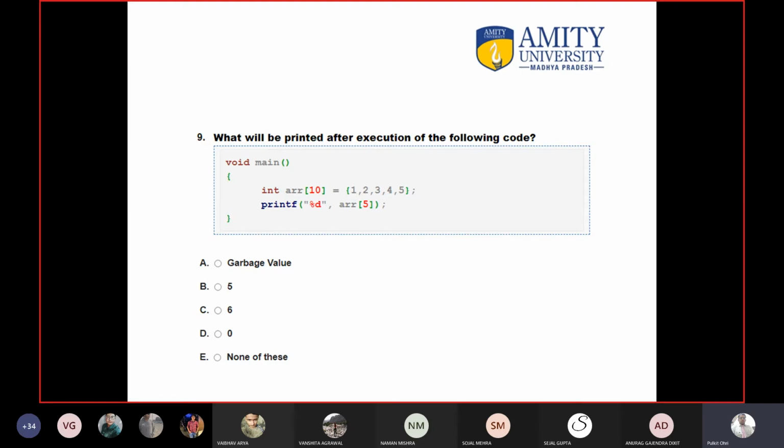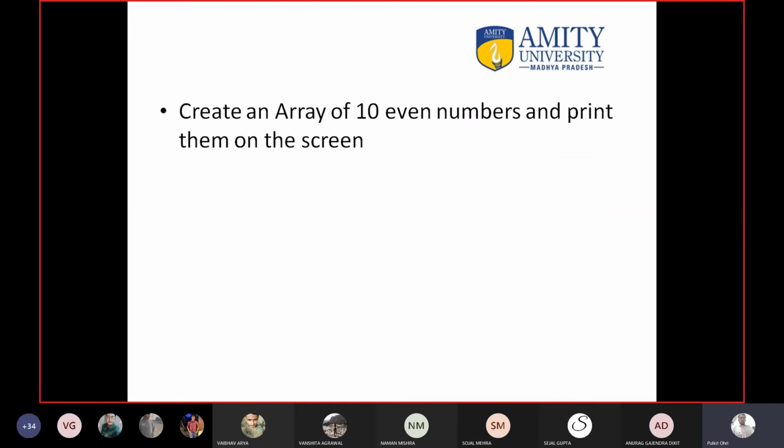Because 5 does not mean 5. 0, 1, 2, 3, 4. 5 means the 6th location, and at the 6th location 0 is stored. At the 7th, 8th, 9th location also 0 is stored. I hope it is fine. Remember this rule in the array. If you partially initialize the array, the remaining values are the default values of the data type. If you are not filling anything, garbage value will get filled.